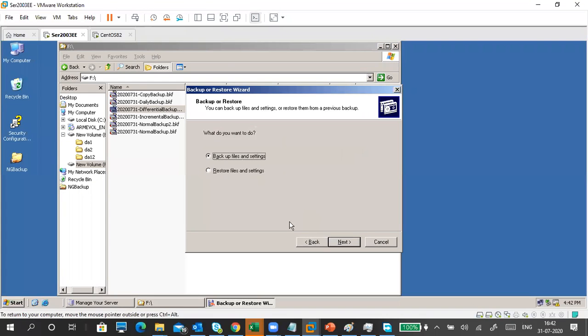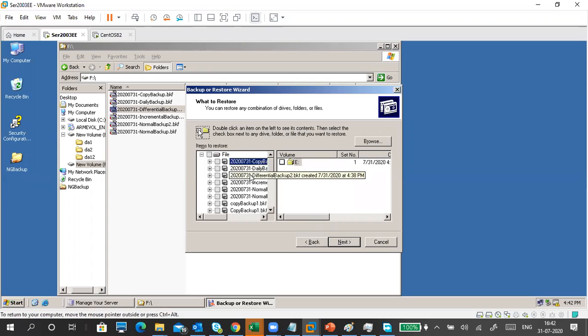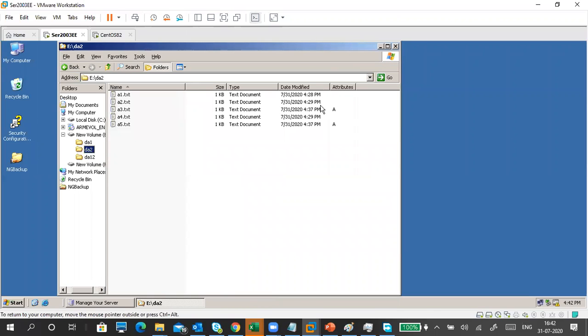Next, go to restore. So what is the last one? Copy. Differential backup is there now. This is the differential backup you took. Can you see its backup? 2 files are there, but here it is not removing their archive attribute. It means if you run any backup scenario, again it will take these 2 files. If you take a copy backup, normal backup, incremental backup, or differential backup, again these 2 files will be backed up. Okay, that is the thing in your